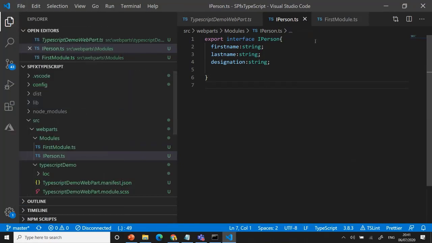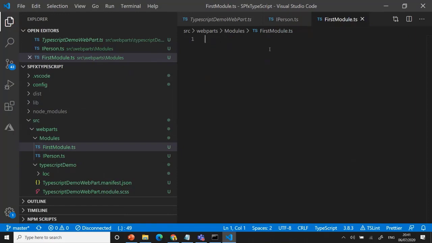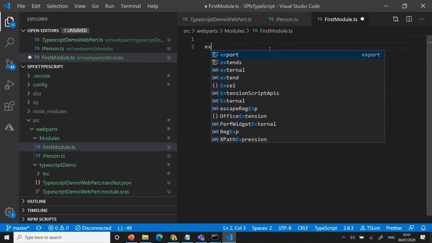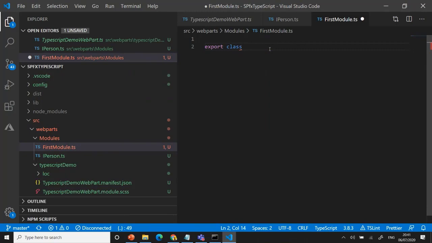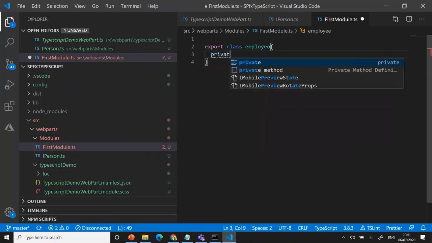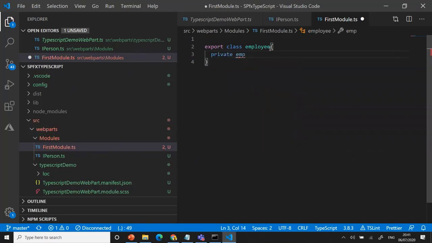Okay, then I'll go to the module. That is nothing but you are going to create a class. The class we have already told, right? We can separately export or you can do it in this class itself. Okay, just creating a class, export class. I can say Employee class. I can create a private variable, employee code.